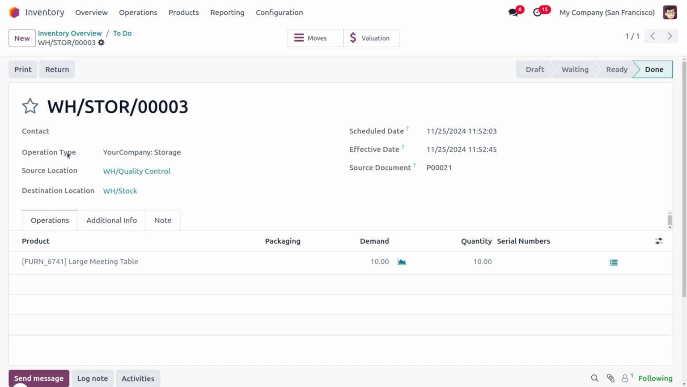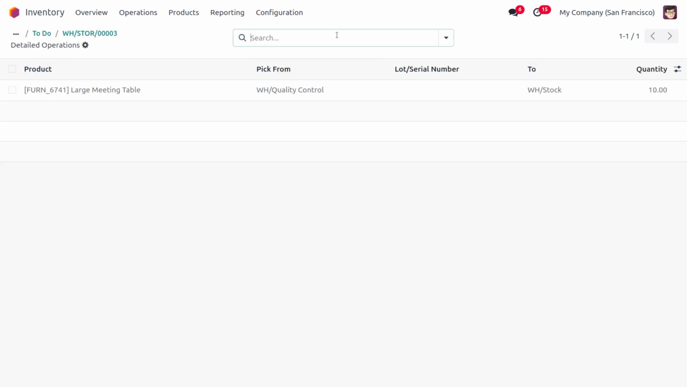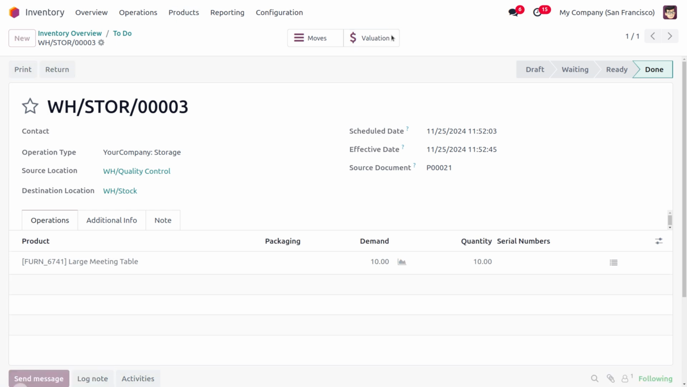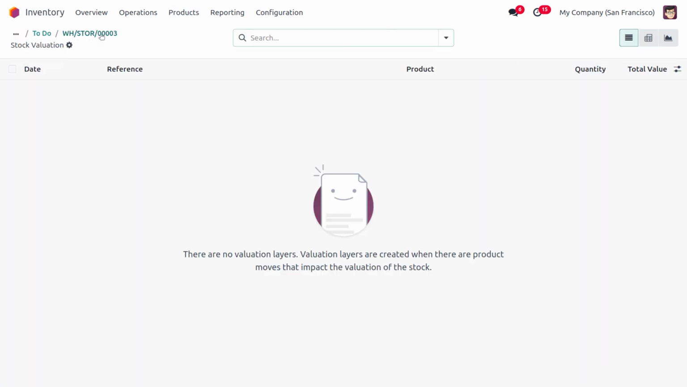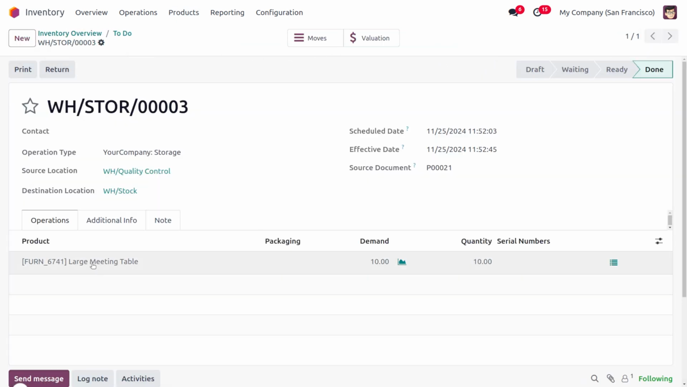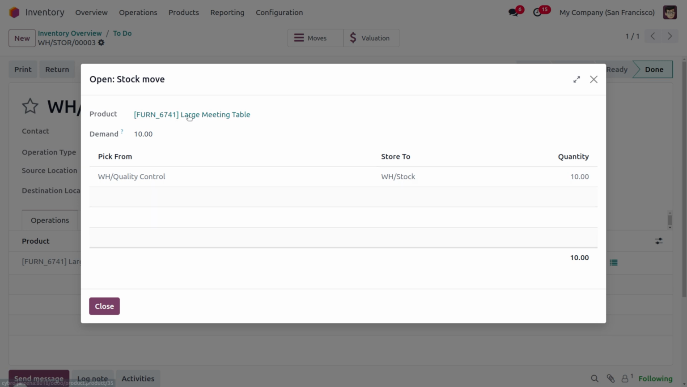Here you can see that the operation type is storage, which means we will be taking the item from the quality control of the warehouse and moving it to the destination location. You can see the moves over here. If you want to find the moves, it will be showing over here, and you can also find the valuations. As we have just moved that, the valuation is not visible over there. And as you move on to the